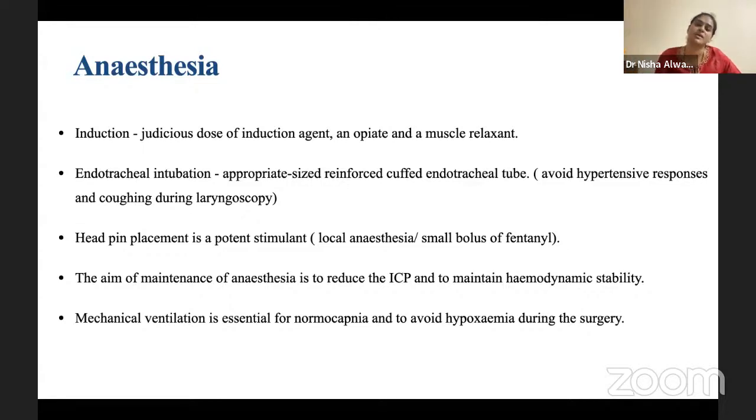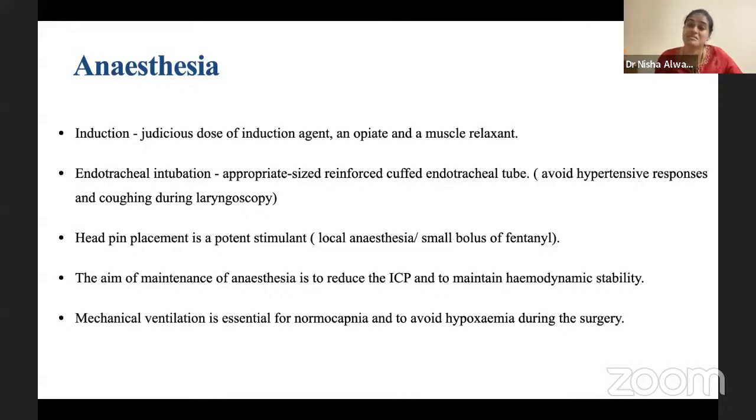we take the patient inside and we connect all the monitors and we start inducing the patient. As the induction agent, what I use is propofol 2 to 2.5 mg per kg, and then fentanyl 2 mics per kg with a muscle relaxant, which is usually rocuronium, about 0.1 mg per kg. In addition to that, I would like to give 1.5 mg per kg Xylocard or even 0.5 mg per kg of esmolol to prevent that surge in hemodynamics which can occur during the intubation as well as the laryngoscopy. That's important because any increase in BP at that time can cause increased ICP.